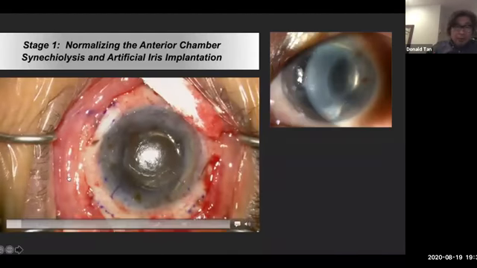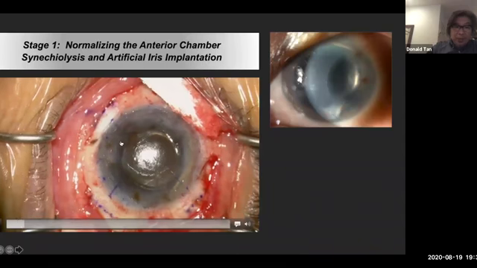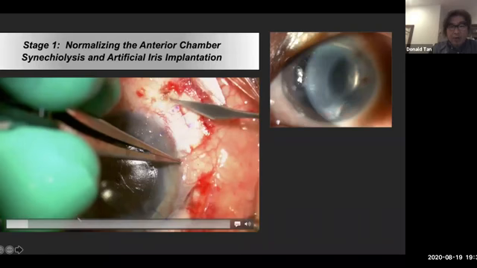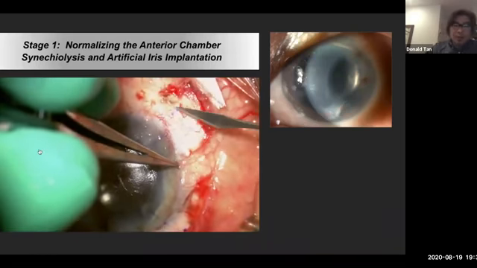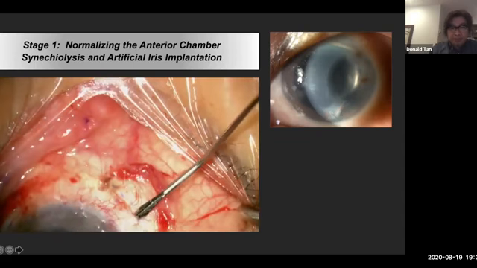Now, I'm going to stop the video here. You can see that I pre-place. I like to make sure I'm quite central, so I'll put the 4-quadrant marker here. This is a standard PK marker or RK marker you can use. I've done limited peritomies, and these are partial thickness wounds. You will see 1.5. This one is one of my first few cases, so this was 2 millimeters behind, but I would recommend 1.5. In a partial thickness slit, this is about a 2 to 3 millimeter incision, partial thickness,